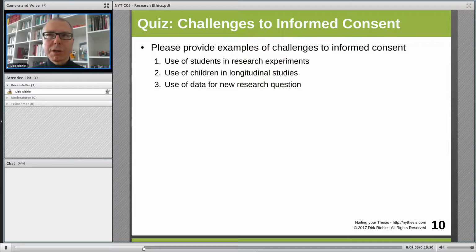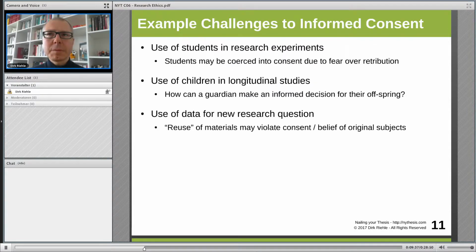So I hope you had a good discussion. Here are some examples of challenges to informed consent. At university, we of course love using students in experiments because they can't run away, which would be one problem. So of course students, if used in research experiments, need to provide informed consent